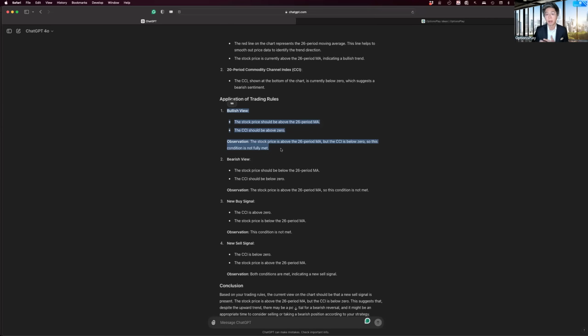And then you can actually have a combination of saying, if these indicators do this, give me a bullish signal. If these indicators do that, give me a bearish signal, vice versa. The world is your oyster as far as how far you can take this. I've obviously given you a very simple setup and a very simple example, but the idea is that you want to take a few minutes, try to articulate what your technical strategy is or how you use technical analysis to interpret your charts. Do it once, and now going forward, every single time you want to analyze a chart,